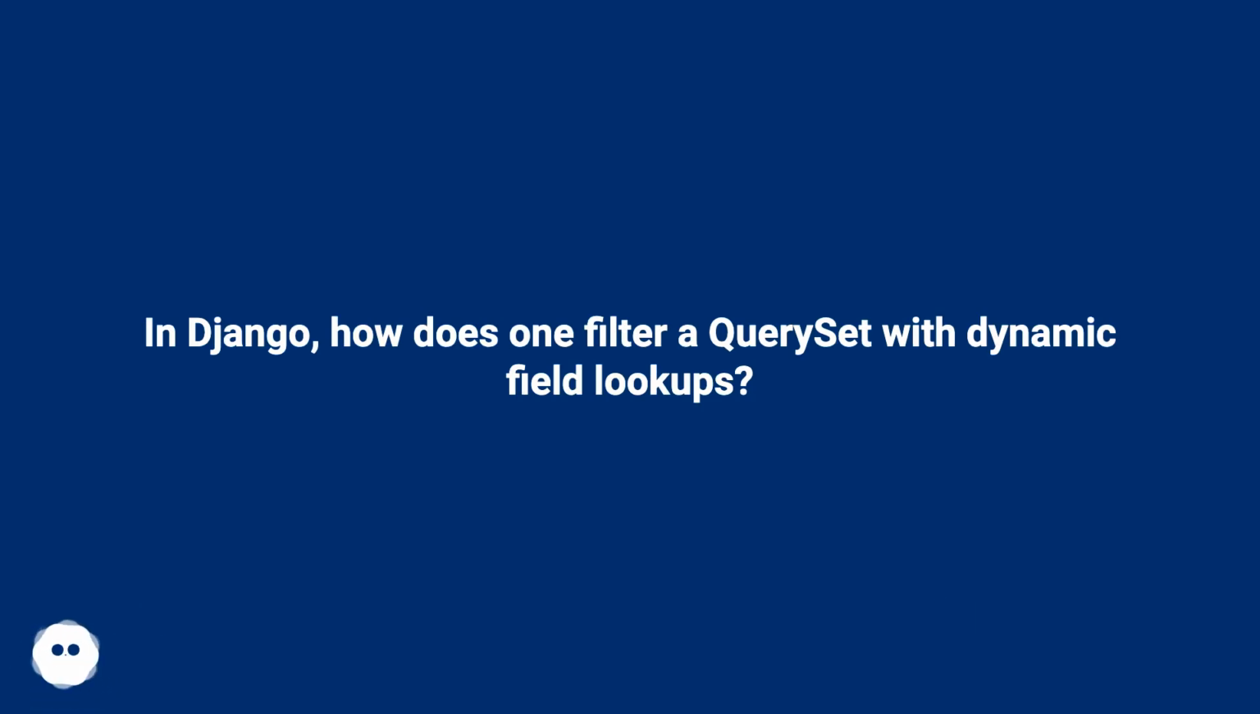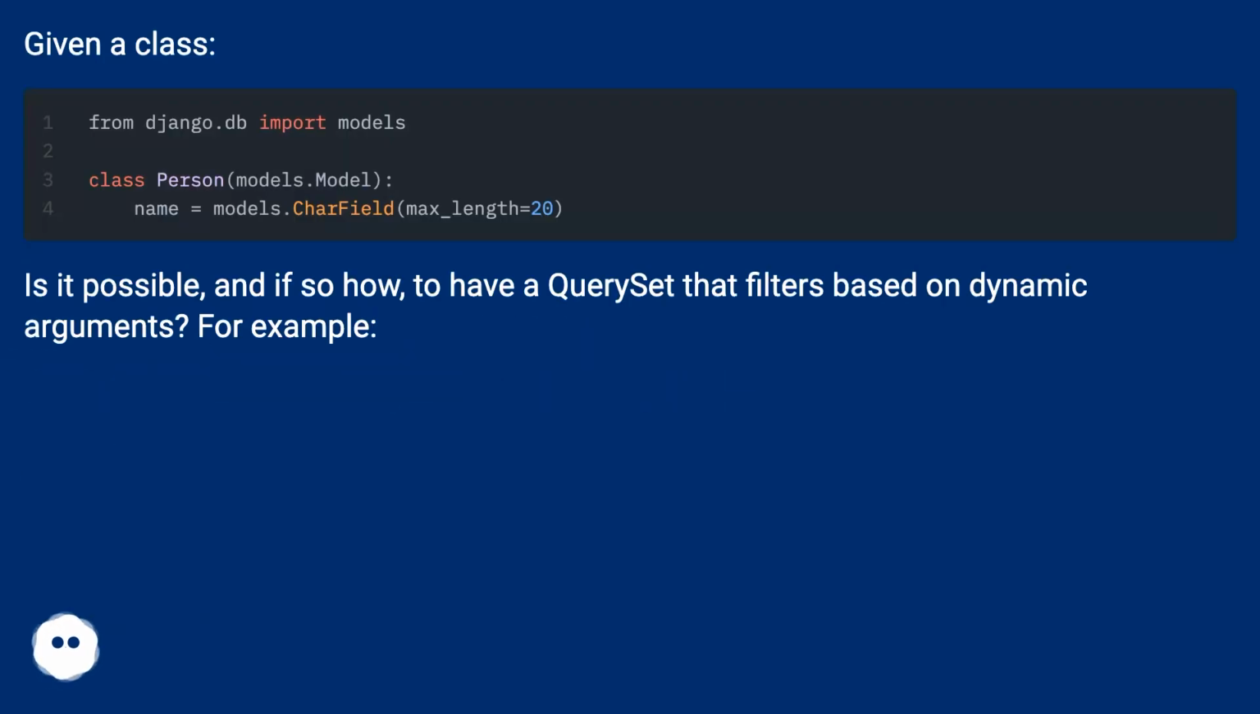In Django, how does one filter a query set with dynamic field lookups? Given a class, is it possible, and if so how, to have a query set that filters based on dynamic arguments? For example,